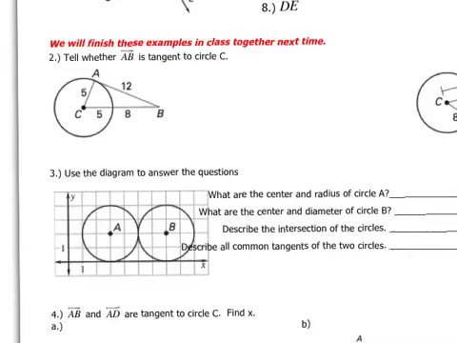All right, tell whether line AB is tangent to circle C. So we want to know whether line AB is tangent if it's touching that circle in one place. It might appear that it is, but we have to know for sure. So here's the deal. If it is tangent,